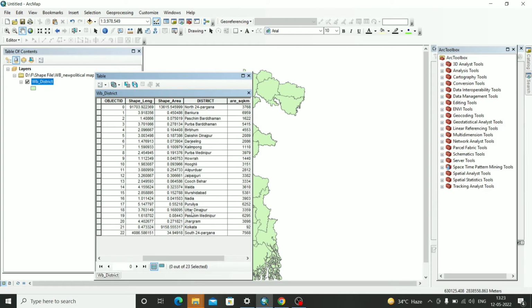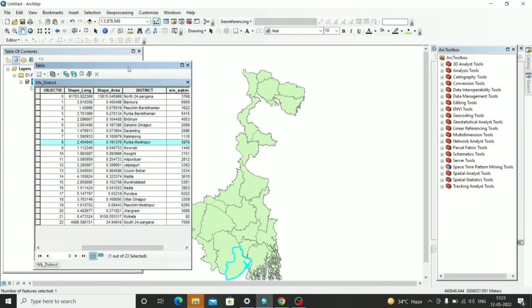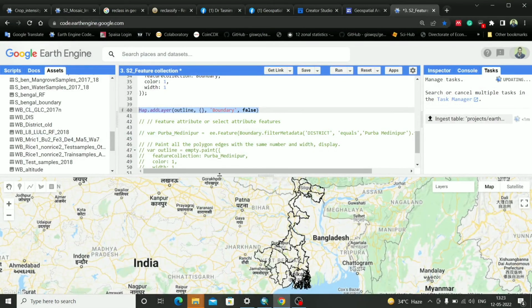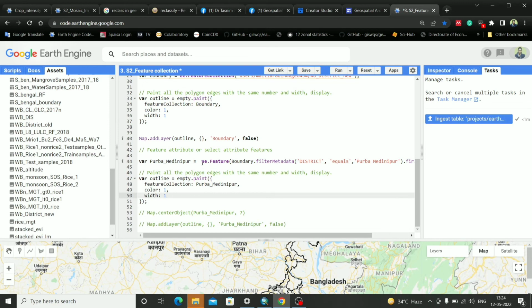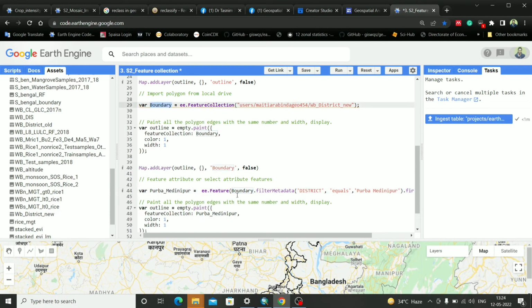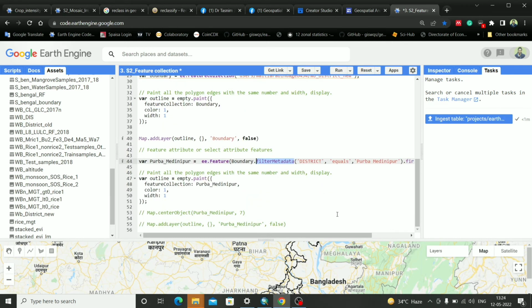So now I just want to select the district of Purba Medinipur. I just want to select this Purba Medinipur in GEE. So what we do, go to your GEE, open. Now I just assign a variable name and then call ee.Feature. As we work on geometry, then we should write here ee.Feature and then add my boundary. Okay, this boundary add, then filter metadata, add this filter metadata function, and then select your column and then equals